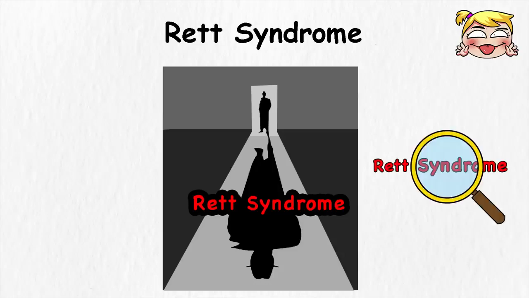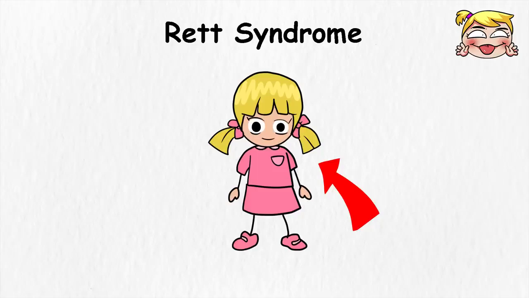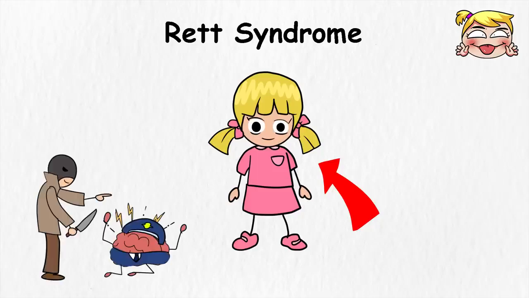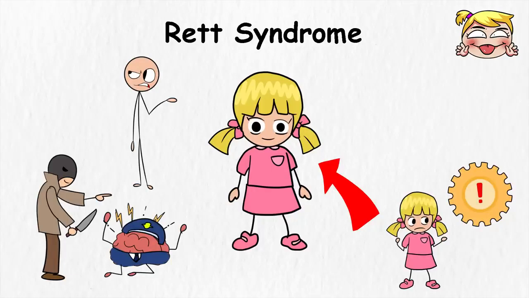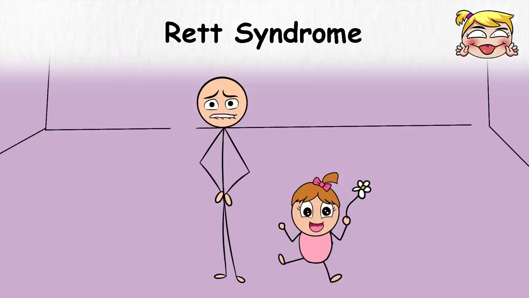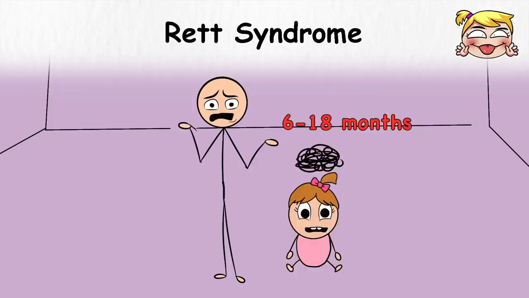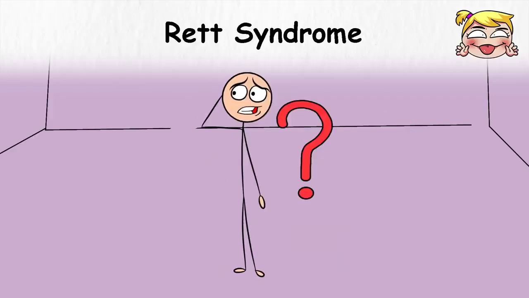At its core, Rett syndrome is a rare neurological disorder that primarily affects girls. It's as if the brain's natural wiring process gets hijacked after it's already begun, leading to serious problems with movement, communication, and overall development. What's especially cruel is that children with Rett syndrome usually develop normally at first, only to experience a sudden and devastating regression between 6 and 18 months of age. But why does this happen?